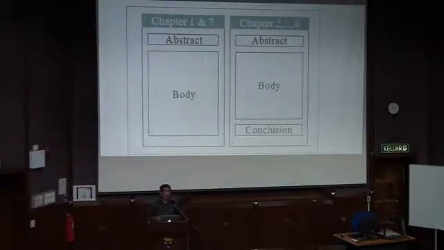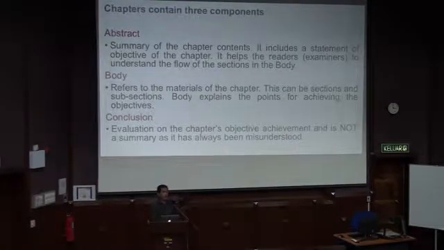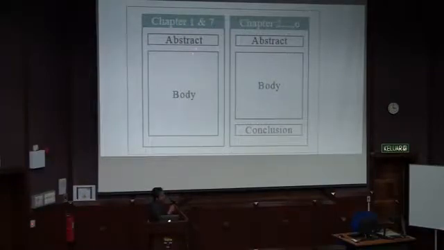Okay? I use the word conclusion, not summary. Why? Because abstract is a summary of the chapter contents. So, if abstract is a summary of the chapter content, but you put a summary at the end of the chapter, you are repeating the same thing. You are duplicating the same thing. What's the point? That's why I said to you, you must put abstract, body, and conclusion. So you put here a summary of your chapter,